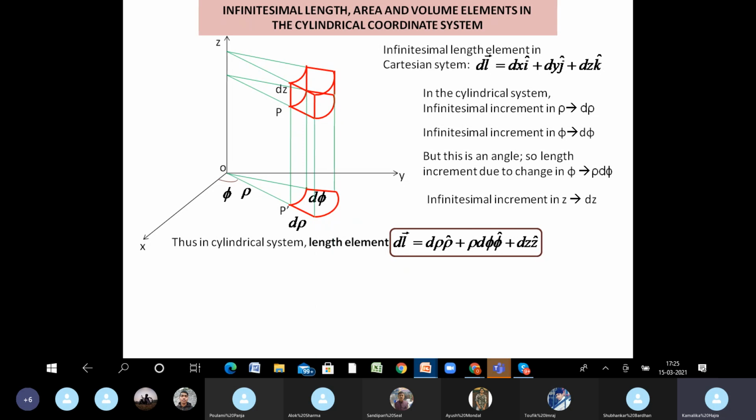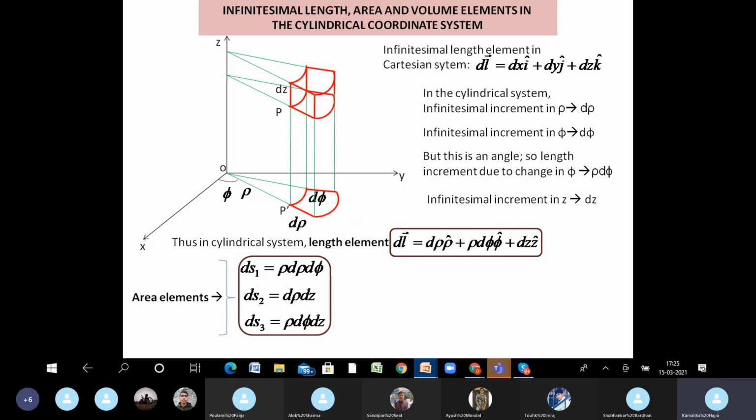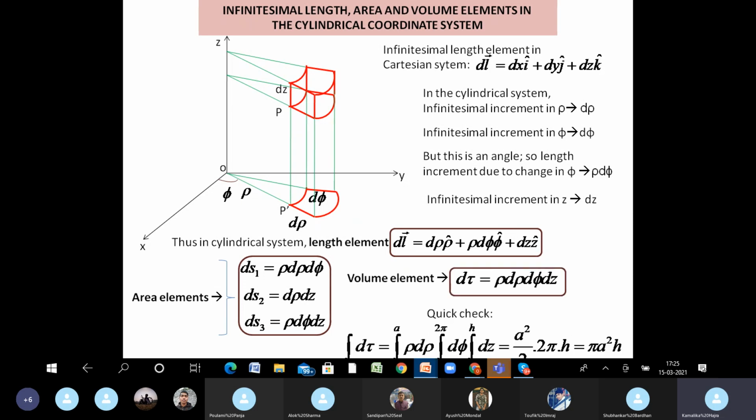So, you can't say that, of course, the Cartesian system is required, but now that you know the cylindrical system, and very soon you will know the spherical polar coordinate system, you need to decide, looking at the symmetry of the problem, which coordinate system you use. For example, if you have a problem with cylindrical symmetry and you keep working in the Cartesian system, then the entire working will be extremely cumbersome, and there are chances of making an error.